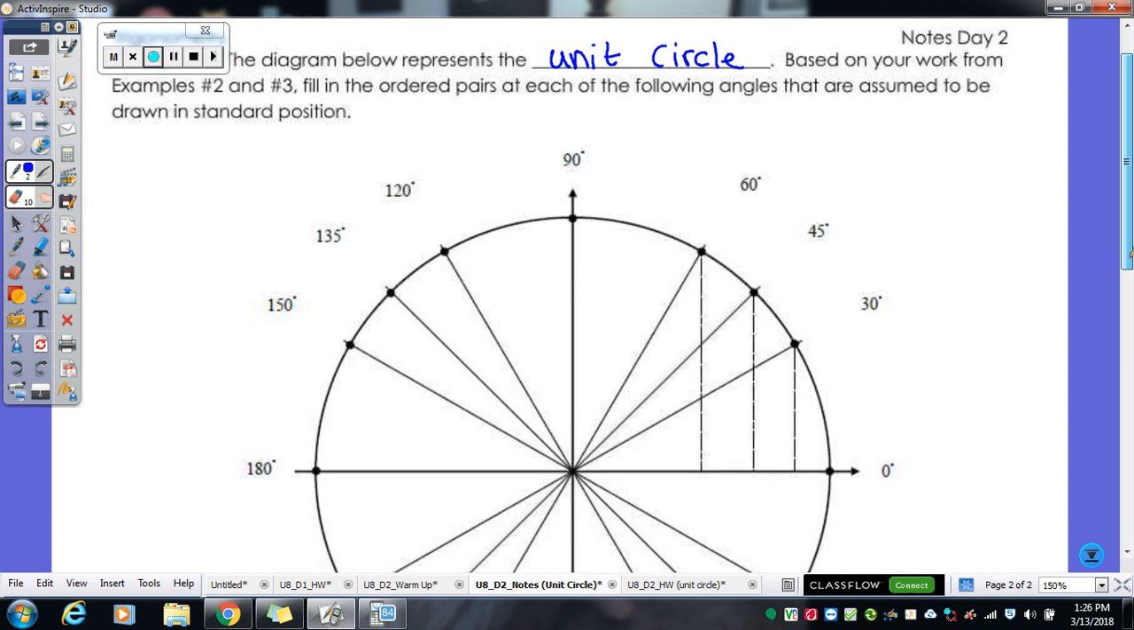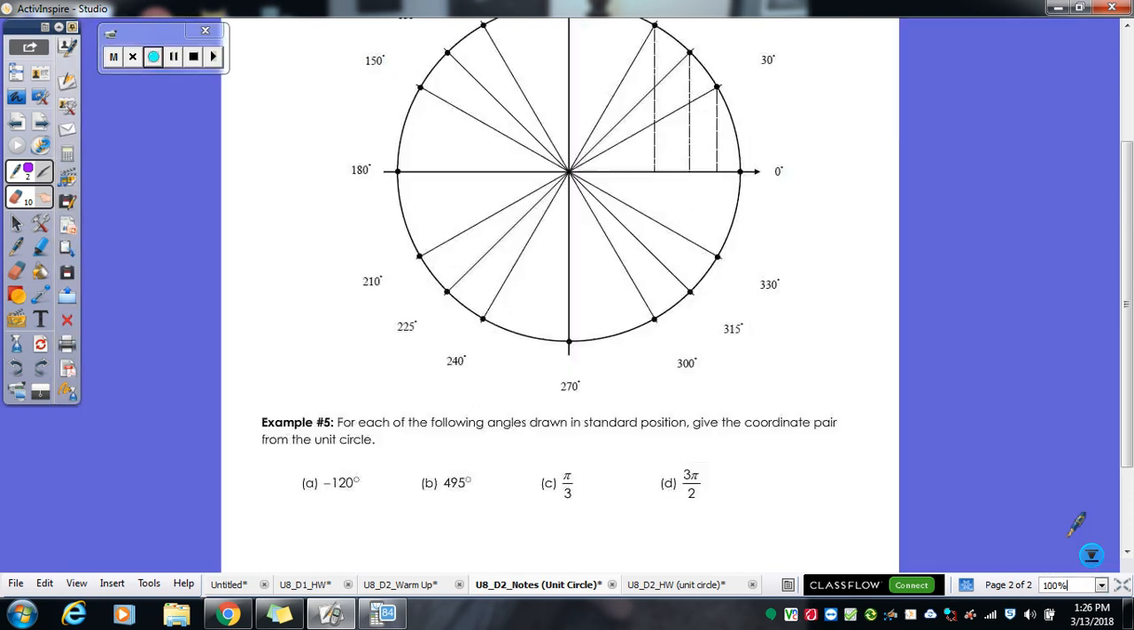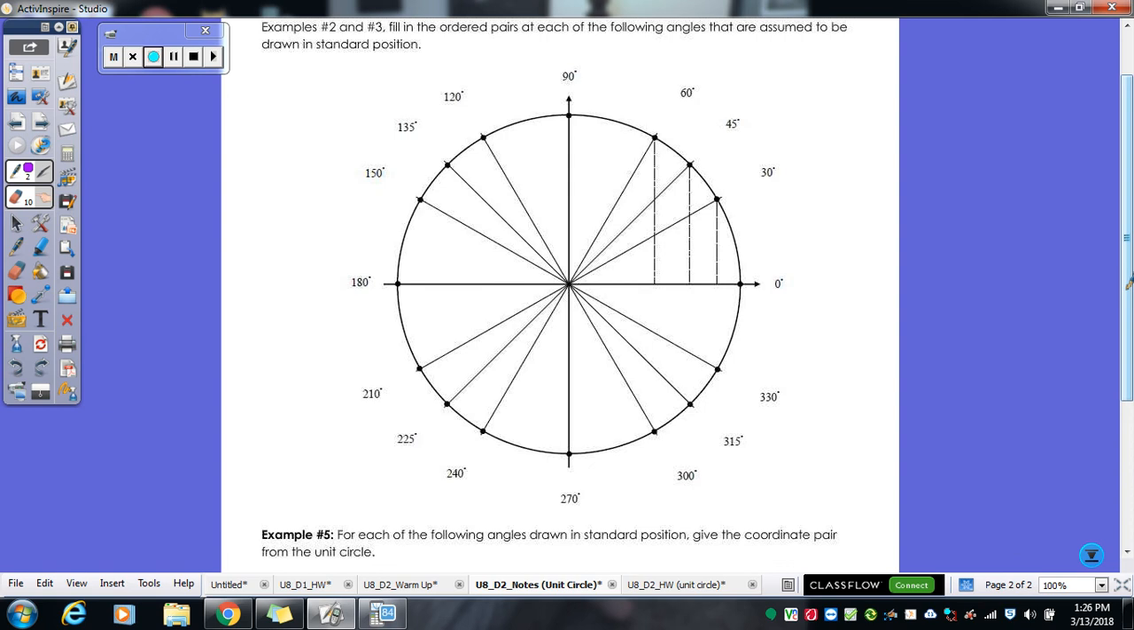So again, here is the picture of our unit circle. As I told you before, what is the radius of a unit circle? The radius is 1. So all of these here are all going to be a length of 1. So now what happens is we put those triangles we were just talking about inside the unit circle. So this first one here,